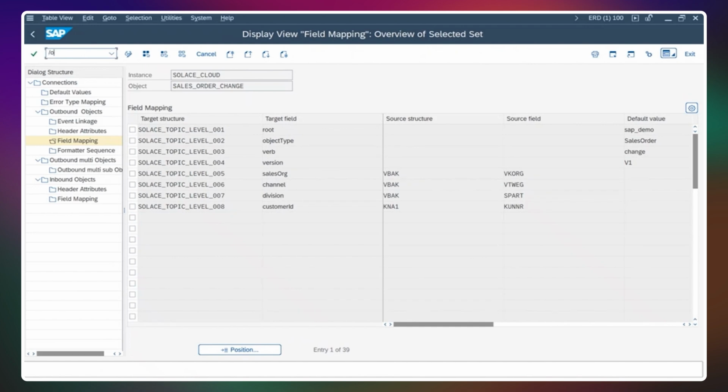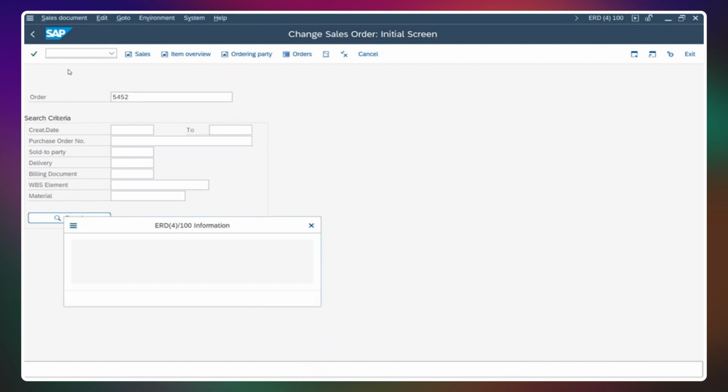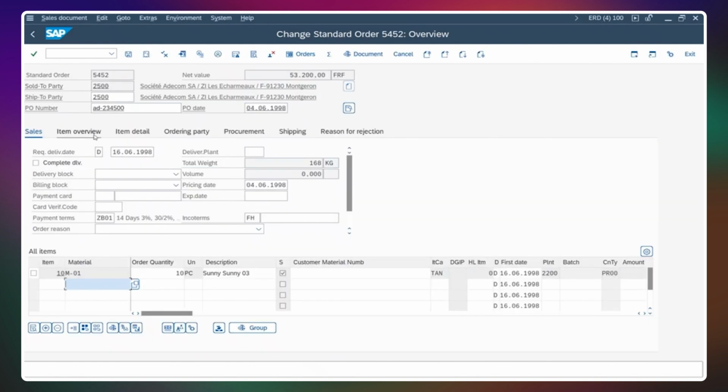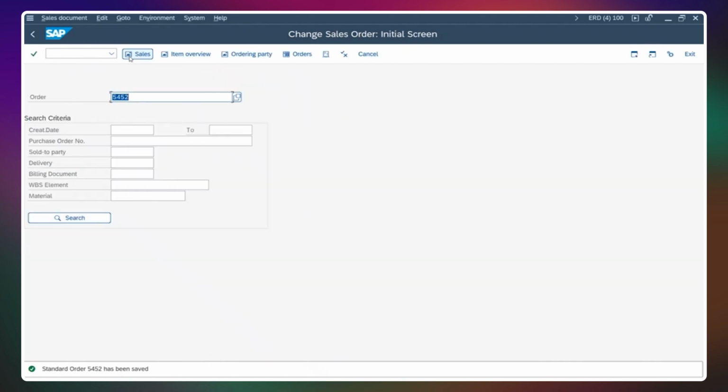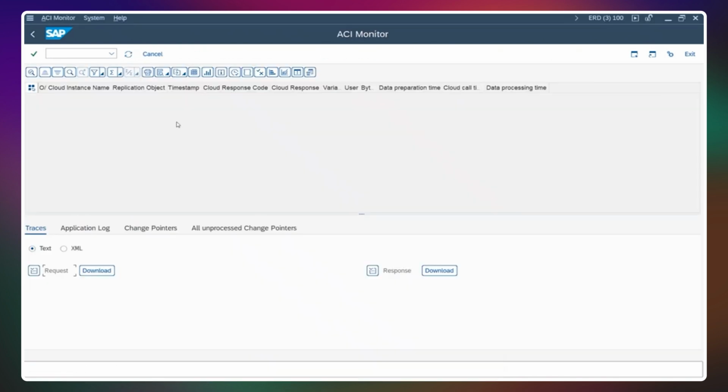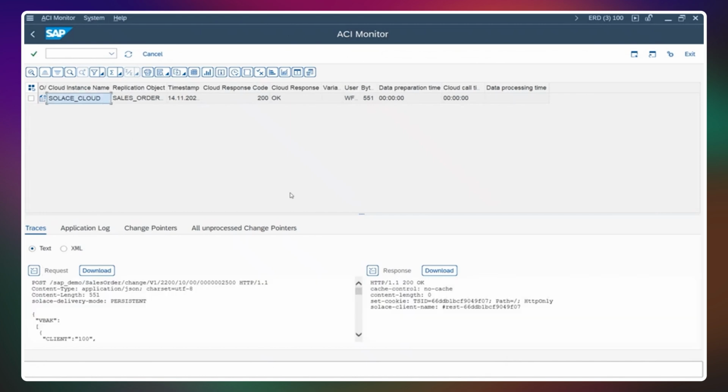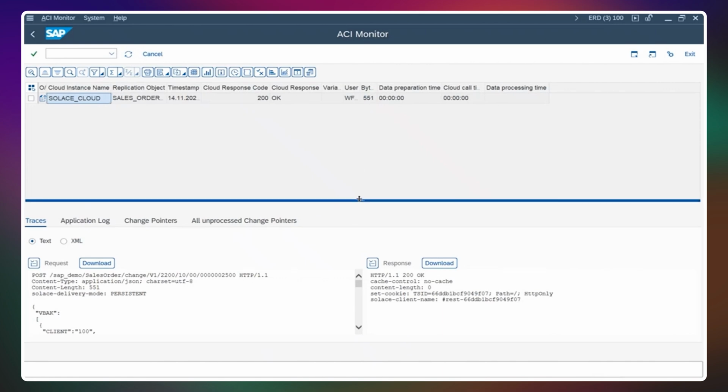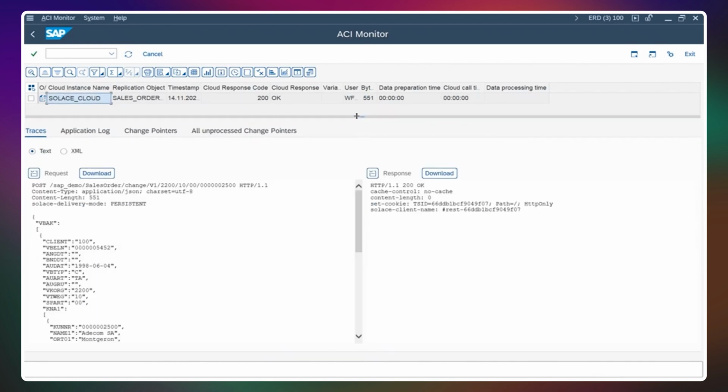Now we will go ahead and change a sales order and therefore trigger an event. We take this sales order here and change the order quantity from 10 to 7. Saving this change will now trigger the ASAPIO Integration Add-on, and the event will be sent to the broker. We go to the monitoring transaction, and once we refresh, we see that the event has been sent. The response code was 200 OK, so the event was successfully received by the broker, and we can now inspect